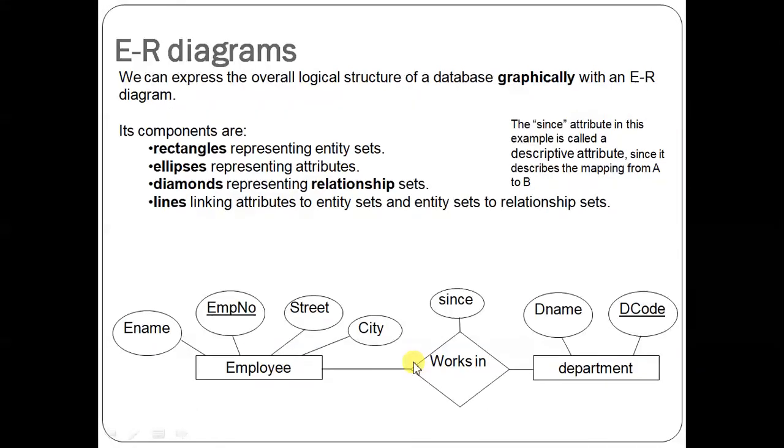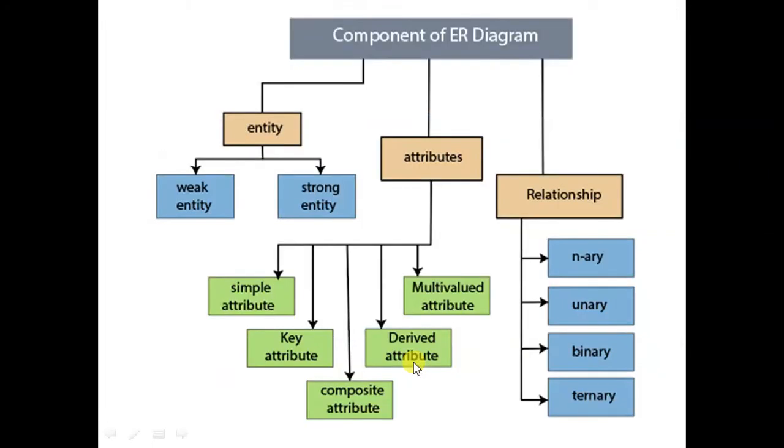Okay, so let us stop it here. In the next video, we will go into detail of what we have seen just now: types of entities, types of attributes, types of relationships, and how they are converted into tables. Again, let me assure you that it will be very easy for you to understand now because you have done all types of keys.